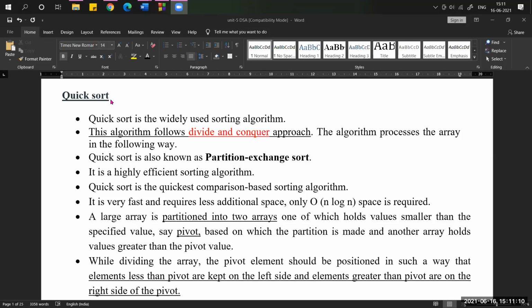For example, in your class, you people are sitting girls and boys separately, no? But when the exam comes, in the exam hall you are sitting according to the roll number, right?